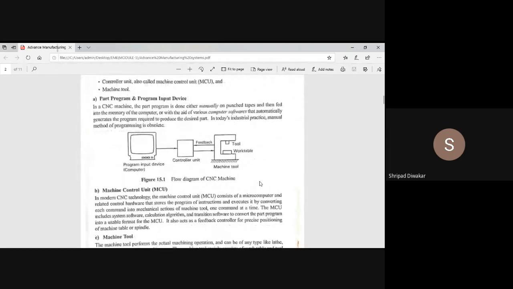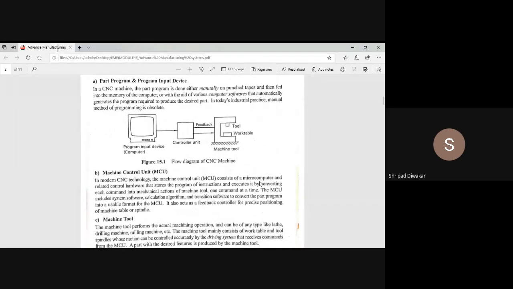You can see on the screen there are basically three components: first, the program input device; second, the controller unit; and third, the actual machine tool. These are the three basic components of a CNC machine.